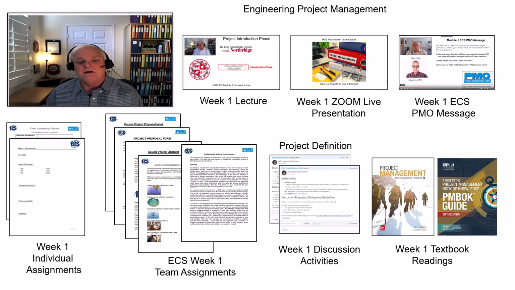Now, the third image over you're going to see is the ECS PMO message. On a weekly basis, you're going to get a message from the ECS PMO. Now, from your previous viewings and your readings, you'll understand that you're functioning as a member of a project team for a company called ECS, Energy Creative Solutions out of Seattle. We've hired your team. Your project team has been hired, and you have specific assignments that you will go through on a weekly basis associated with functioning for the ECS company.